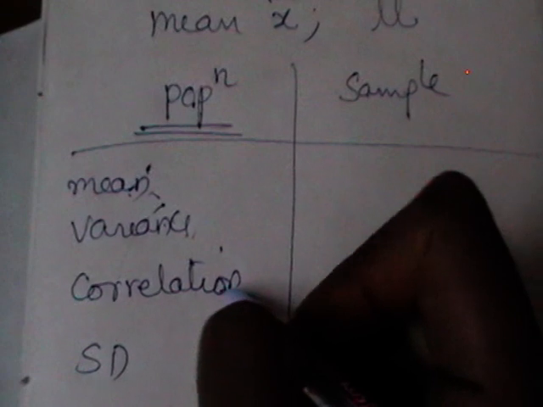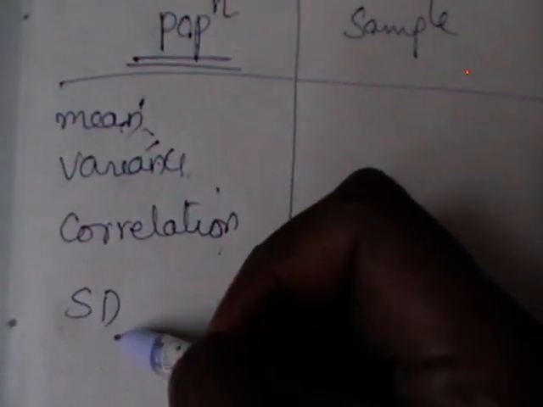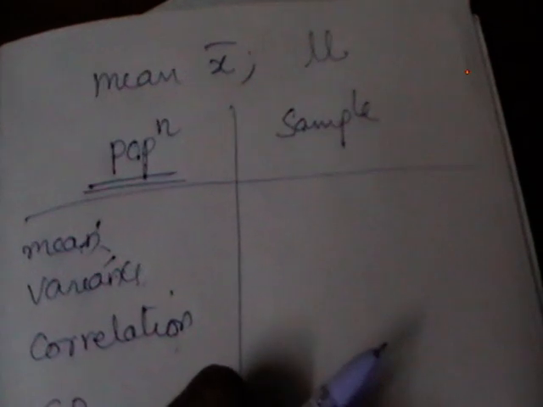standard deviation, all these, whenever they are associated with the population, if we calculate the mean for the population, we call that the population mean. If we calculate the mean for the sample, we call that the sample mean. Similarly, we have population variance and sample variance, population correlation and sample correlation, population standard deviation and sample standard deviation. Up to now, we didn't have the differentiation like mean means mean. There were no categories under that.